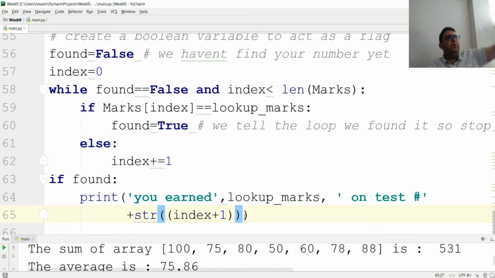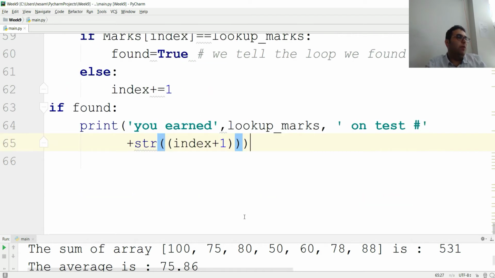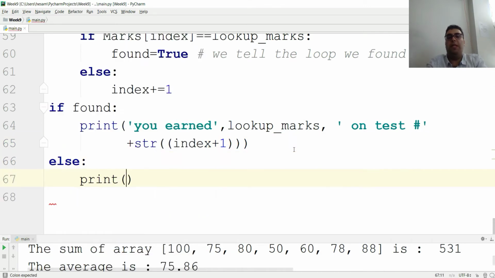In this case, it doesn't matter really, but if you're in the loop, you increment the index to show that it will jump 1 cell, because the index and the cell number are 1 off, right? Well, you get a hold of it. So if you find it, you're going to say you earned that. Otherwise, there's a possibility that we say the mark